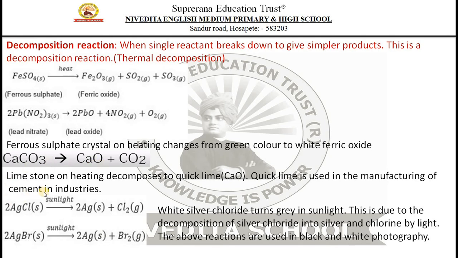Okay, so again let's discuss these two examples, right? So here we have silver chloride. If you take silver chloride powder in a porcelain cup saucer or just a china dish, and keep it in sunlight, it just decomposes into silver and chlorine gas is liberated. In the same way, silver bromide, if you keep it in sunlight, it gets decomposed to silver and bromine.